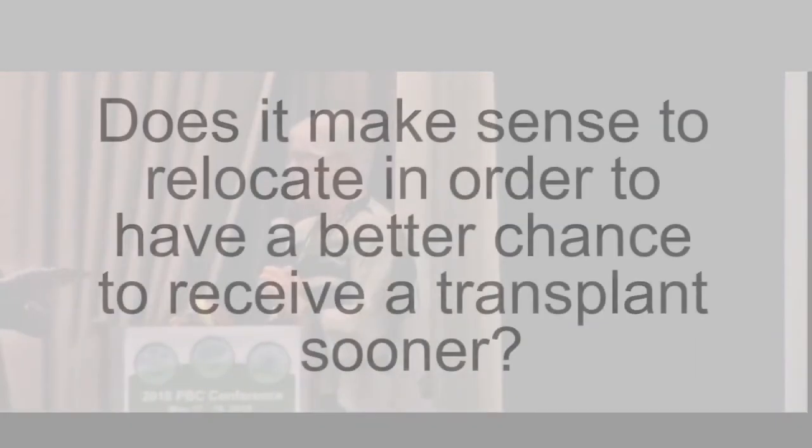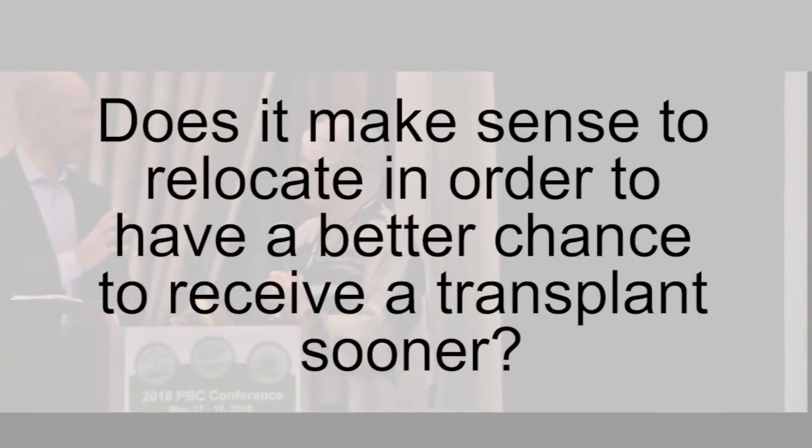Next. One of the questions here I have. Yes. So based on kind of a limit of livers, does it make sense to relocate to an area with a lower population where maybe you have